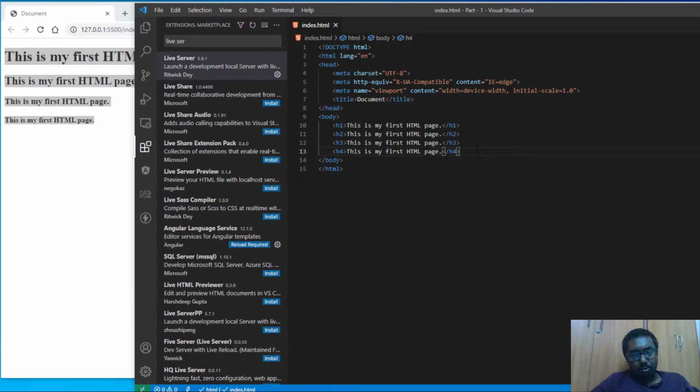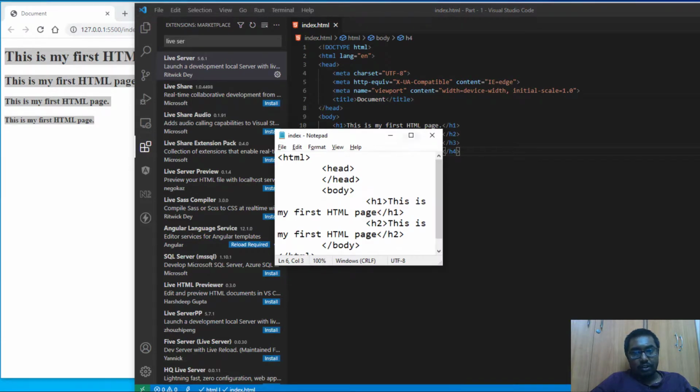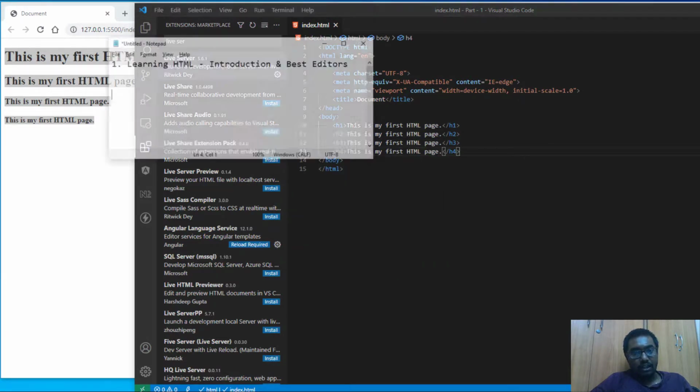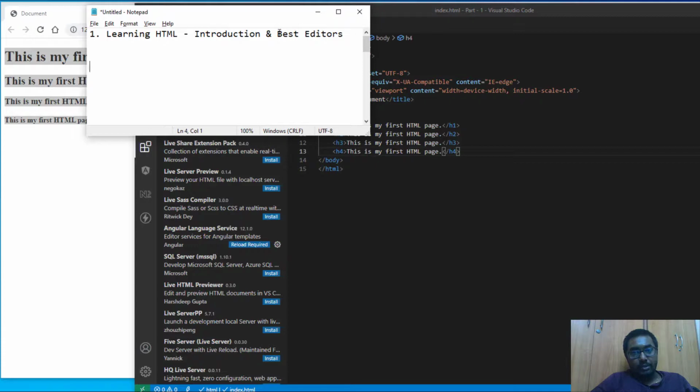I hope I have shown you almost 3 editors which we usually deal with. These introductory editors are Notepad, then Notepad++, and this VS Code.